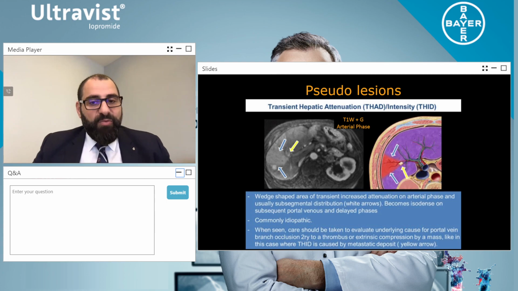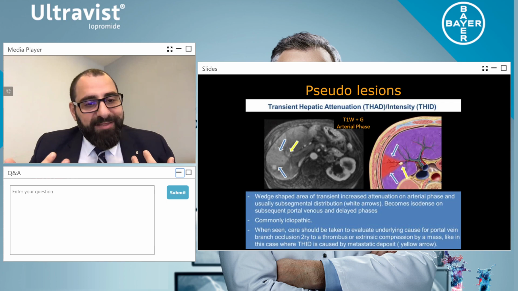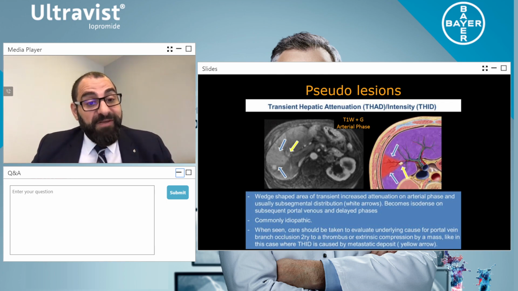So also you can have what is called transient hepatic attenuation. This is where we know that the liver is suffering. We know that there is inflammation. We know that you get these wedge-shaped appearances, but this is not because of the contrast we're using. It's a combination of our kVp, which should be low. We should have viscous contrast media, which Ultravist superbly provides. We want high density of contrast, and we want equal distribution of contrast. So from reaching the Hounsfield unit of 180 or 150 Hounsfield units, wait 8 seconds to start your scan, and we actually alleviate all these pseudo lesions.